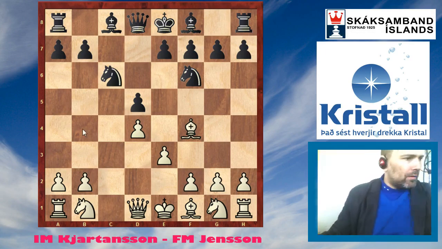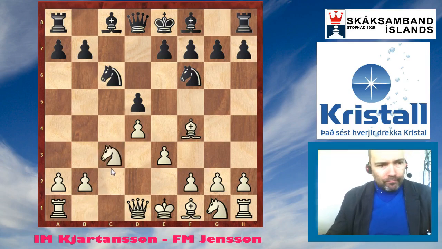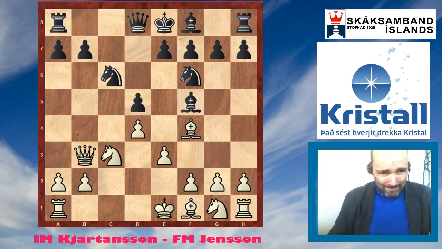So okay, knight c6. What happened? e3. Yeah, knight c3. Bishop to f5. So quite symmetrical, but white breaks the symmetry here with queen b3. And yeah, note that